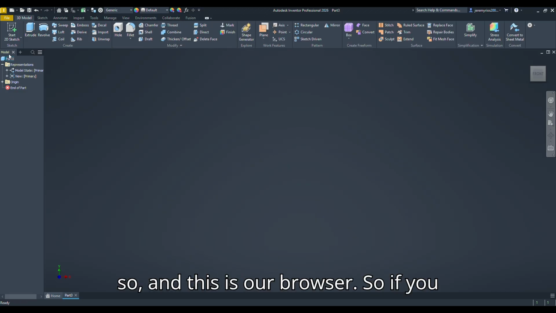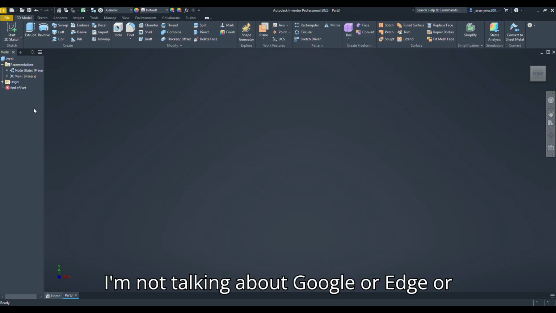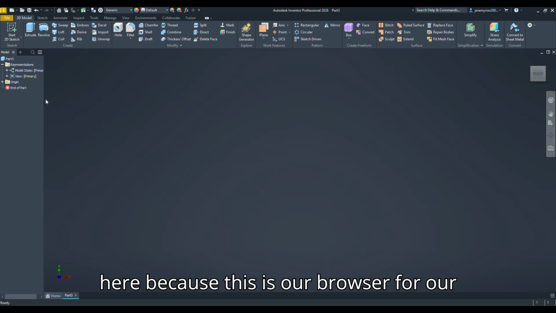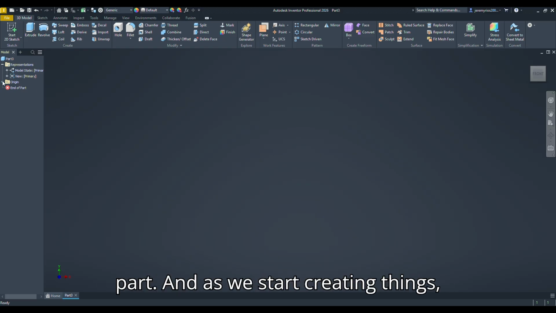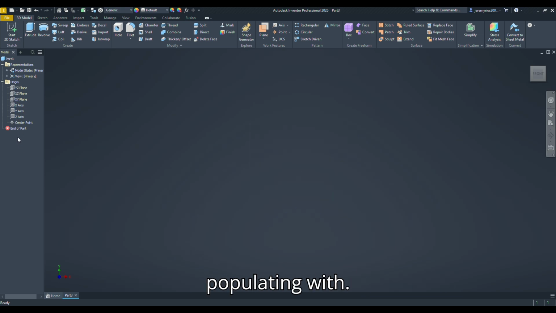And this is our browser. So if you ever hear me say, let's go to our browser, I'm not talking about Google or Edge or Firefox. I'm talking about this right here, because this is our browser for our part. And as we start creating things, we're going to see that this is going to start populating with features and